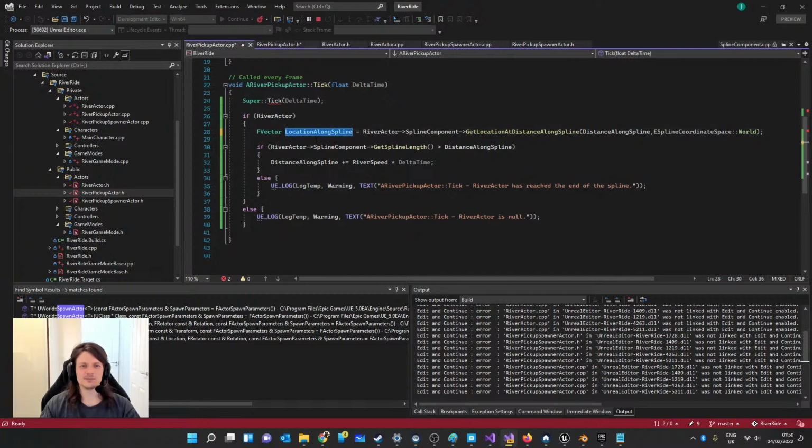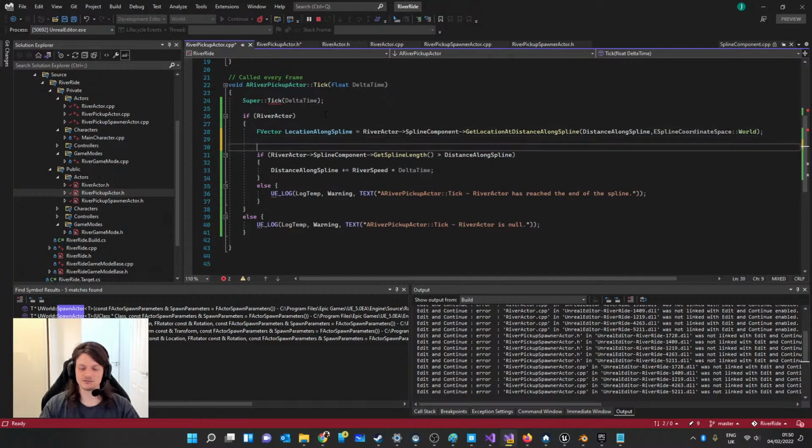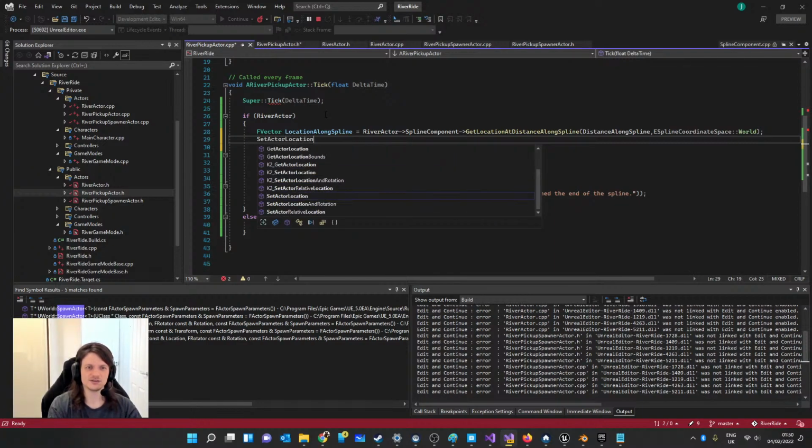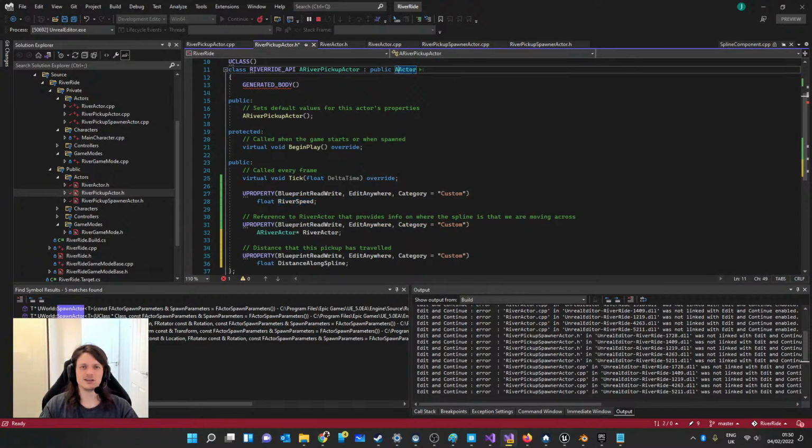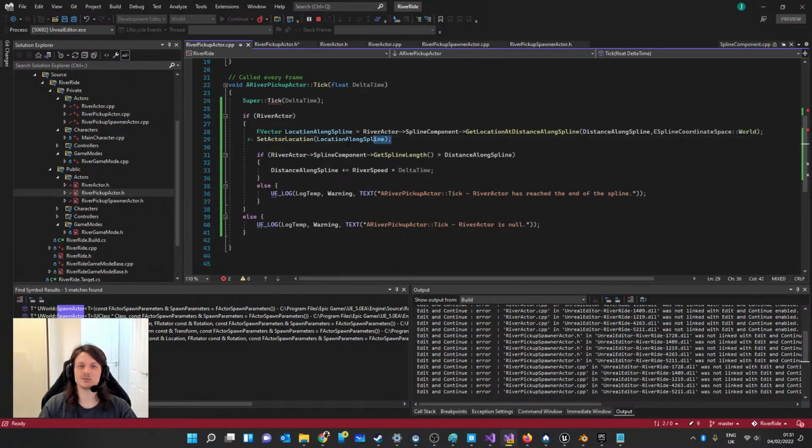And then what we'll do is we'll set the location of this thing. So set actor location. There it is. Once again, these methods are coming from the inherited actor that we've got here. They're not things that we define, they're just part of the actor that we inherit from. Set actor location. So if we do have a river actor set by the spawner,